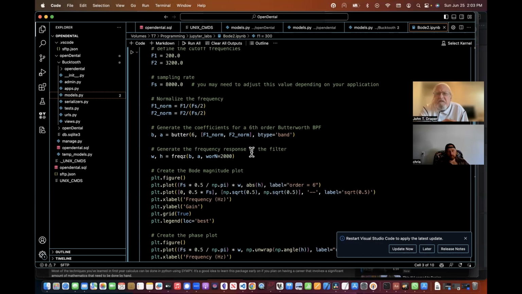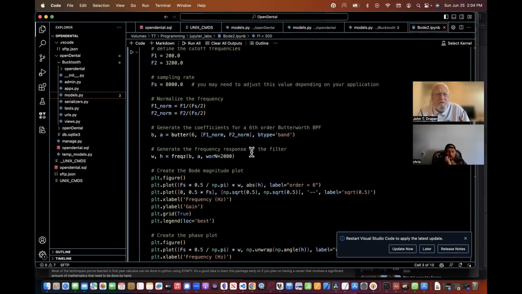But the slope of the side going up like this is very, very sharp. The Butterworth is not so sharp, but you get less phase shifting that you have to deal with. Okay, and I'm very sensitive about phase shifting, so I always want to use the Butterworth type of thing.